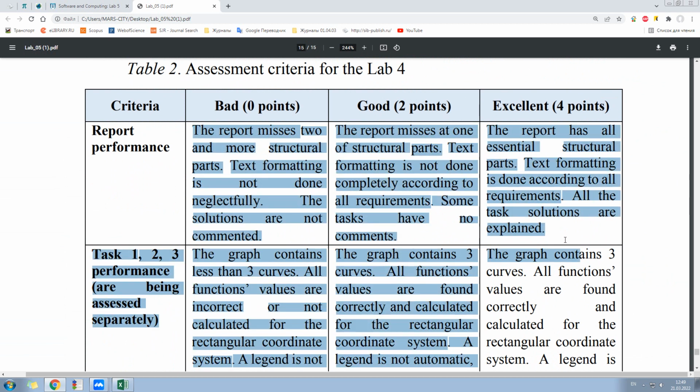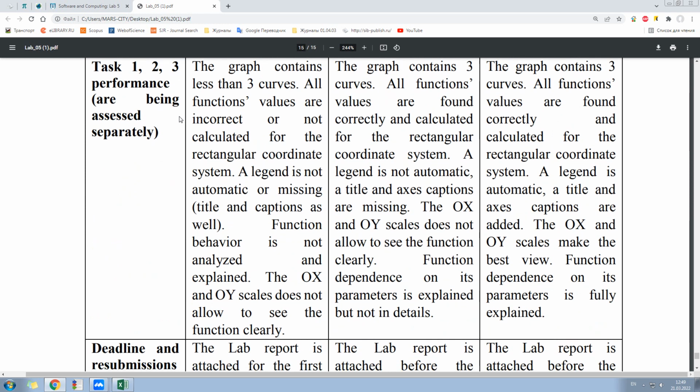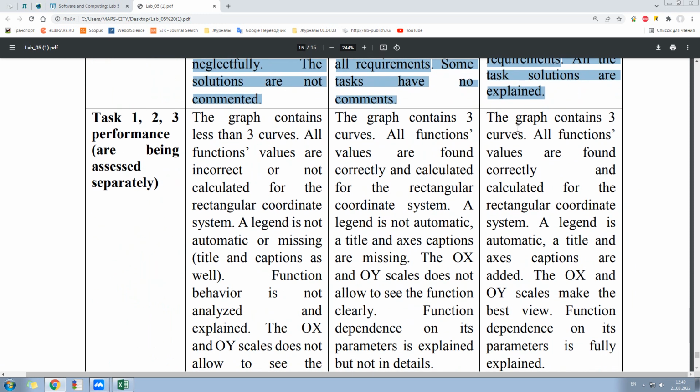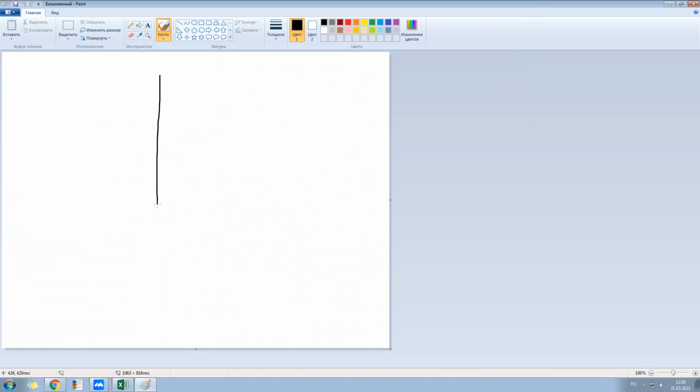I'm going to check your report. Please read these criteria. I'm going to check each task separately: Task 1, 2, and 3. They have the same criteria. I'm going to check the quality of your graphs. They must have a legend, and it must be automatic. It must have a title, axis captions, adjusted scales. Sometimes I saw graphs like a really huge graph and some tiny part is your function. Come on, it can be hardly understood